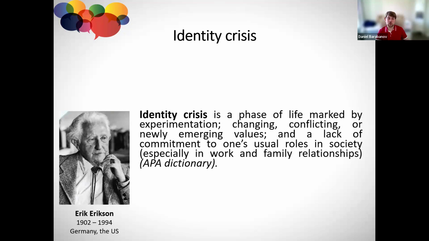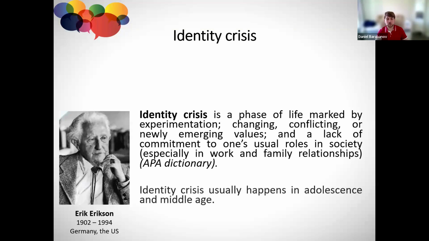For example, people who immigrated to a new country might experience identity crisis because all their social roles are changing, right? How they should identify themselves. It might happen due to different life circumstances, for example, getting married or divorced and so on. So it might be connected with positive events, with negative events more often. And it's not a pleasant experience. On an internal level, we usually perceive it as something stressful and effortful.